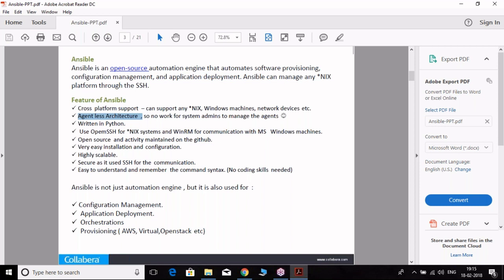Basically, Chef and Puppet are written in Ruby, whereas Ansible is written in Python. Though it is written in Python, you need not be a master in Python. It follows a DSL, a kind of domain specific language. We'll try to understand how to write in very simple English language. You can use OpenSSH or SSH to manage Unix or Linux machines, whereas for Windows we use WinRM for communication with Microsoft systems. That is, Windows machines use WinRM